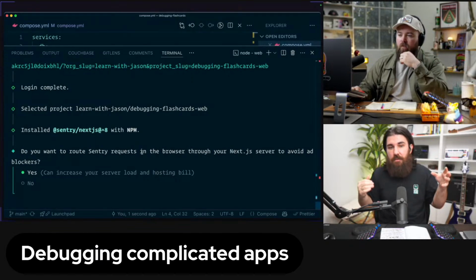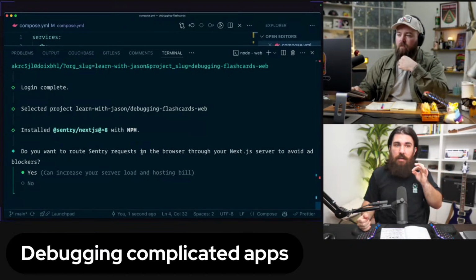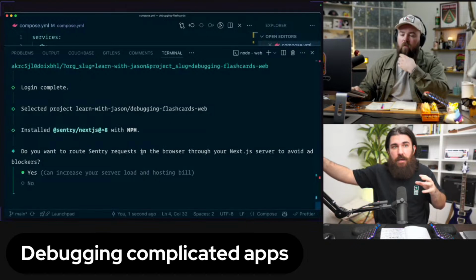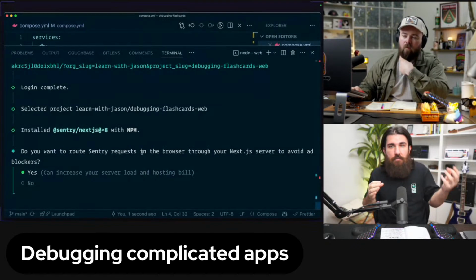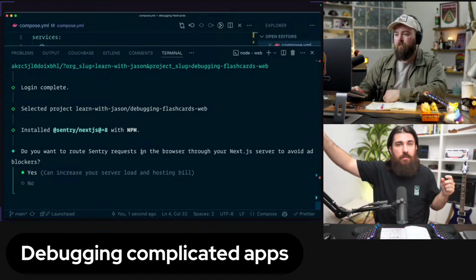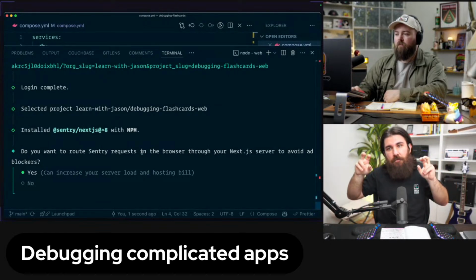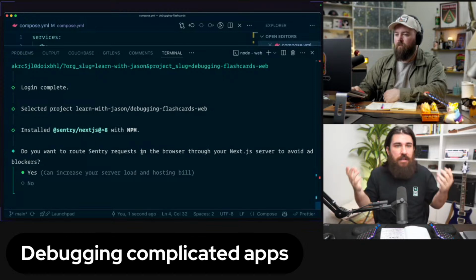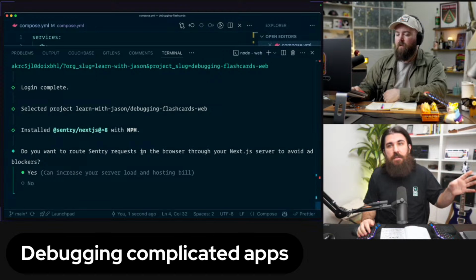So what we built into the Next.js SDK is a little tunnel. Instead of the browser sending the request to Sentry.io directly, it's going to send it to a route handler in Next.js, and that one is going to proxy it to Sentry.io, so that we fool the ad blocker into saying, yeah, this is my own implementation. It's on /monitoring, it's my own implementation. It's not analytics. It's not third party. I'm just going to route it here, so it's not going to get blocked.